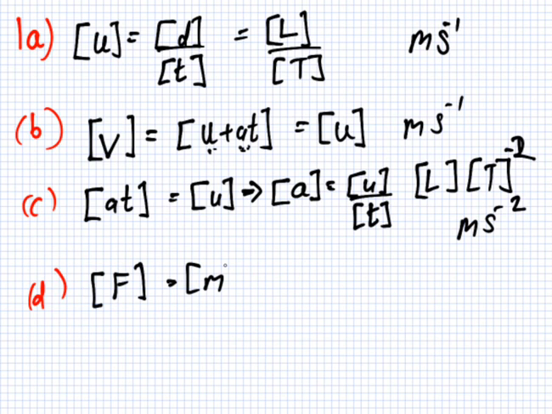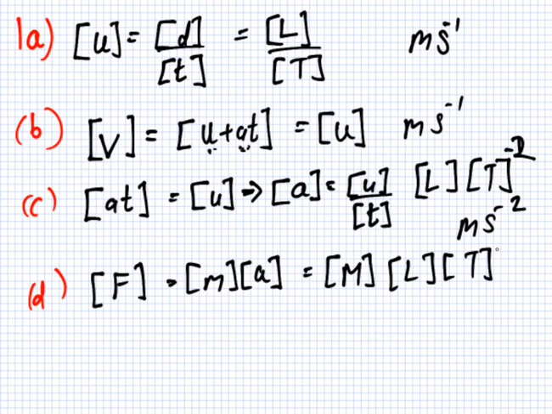Next you have dimension of F equals dimension of M multiplied by dimension of A, which will be mass times length times time to the minus 2. So that's kilogram meters per second squared. Okay, and lastly, if